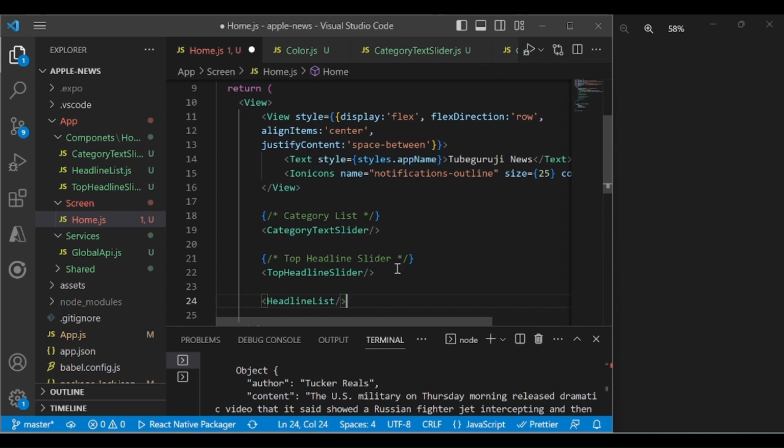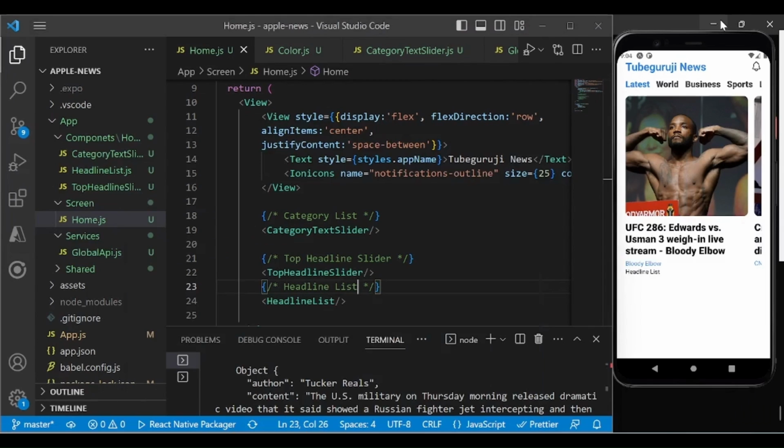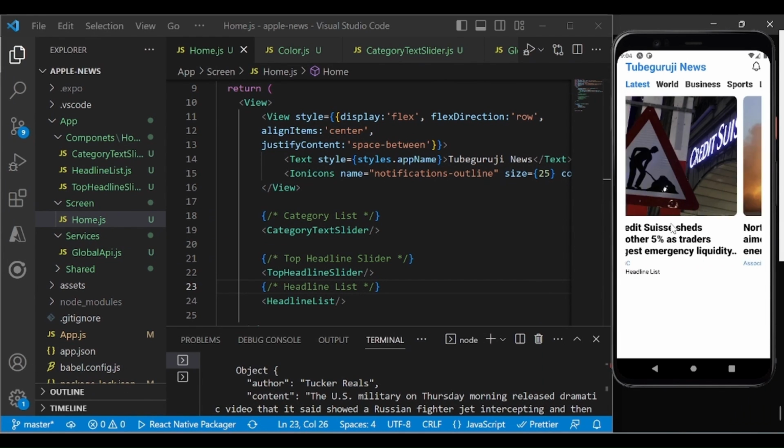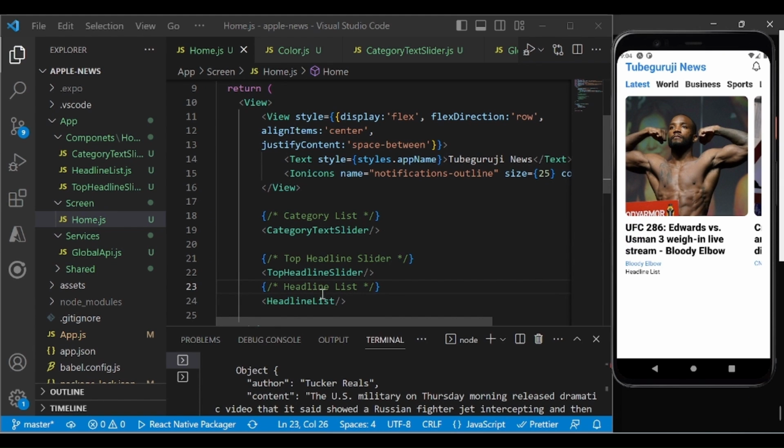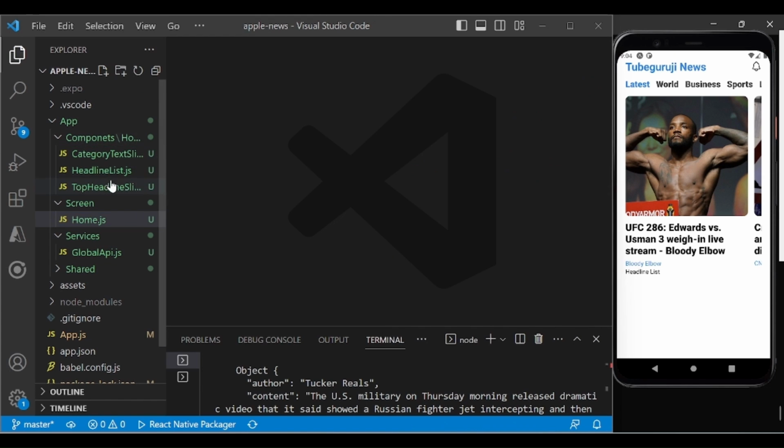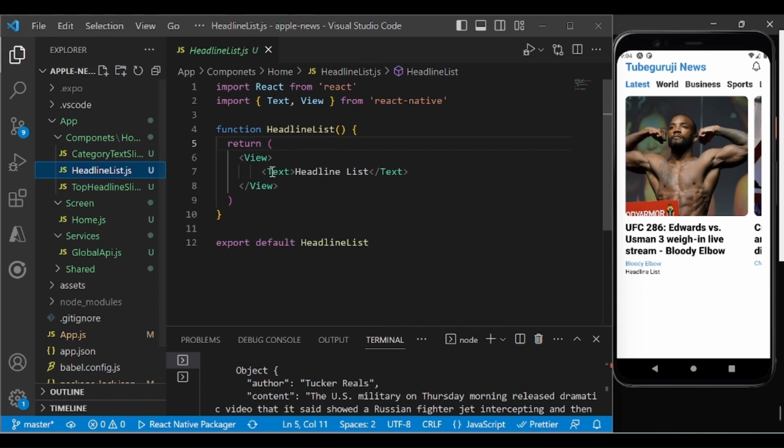Okay, so this is our emulator, and if you save it, you will see this headline list is coming up. Okay, so let me close all these tabs and open only this headline list. Okay,